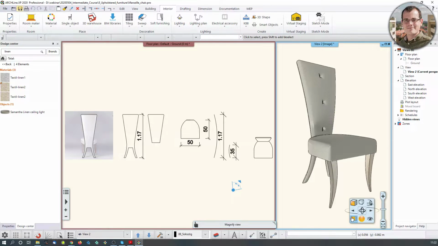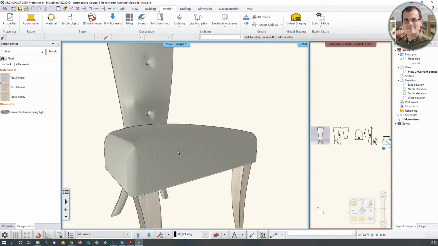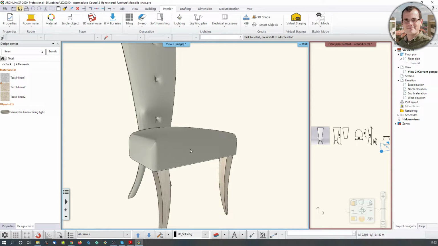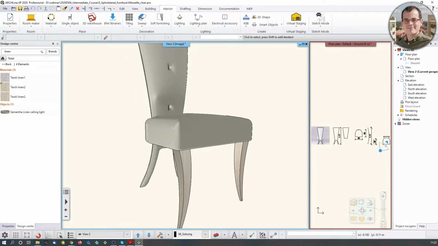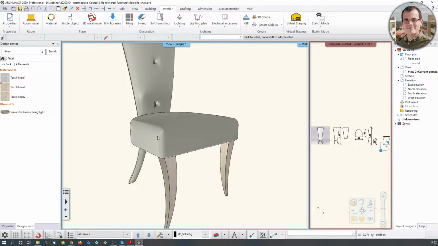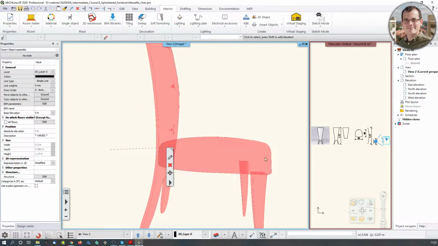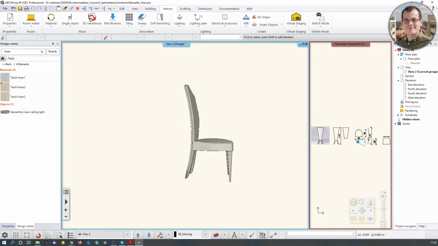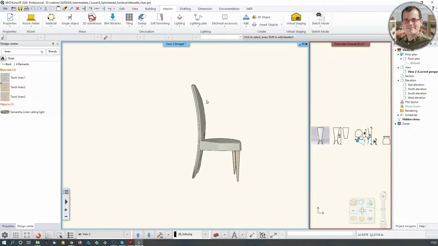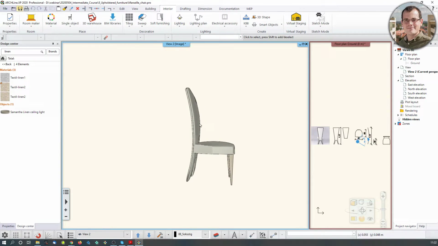First, let's investigate what makes this chair special. First of all, it has a seat part which is rounded. That's very good. It has curved legs. And it has, most importantly, a curved back panel, a backrest, which interestingly has varying sizes, and it also has